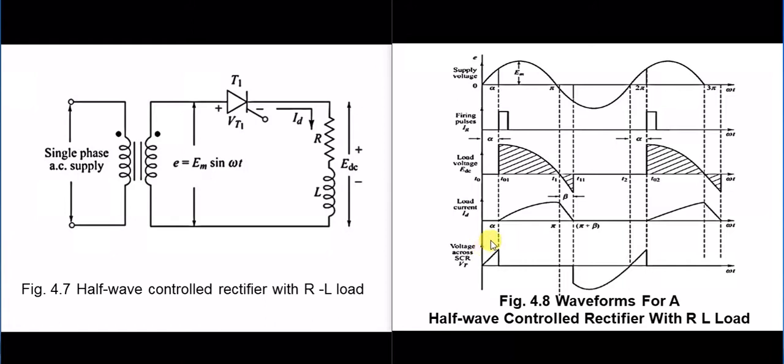So when we look at the output, it is observed that we obtain a negative load voltage from time interval T1 to T11 and so on and so forth for every positive cycle. So after the end of every positive half cycle, we will obtain a negative load voltage. This additional negative load voltage will reduce the overall efficiency of the half wave control rectifier with inductive load. Now why are we getting this negative voltage?